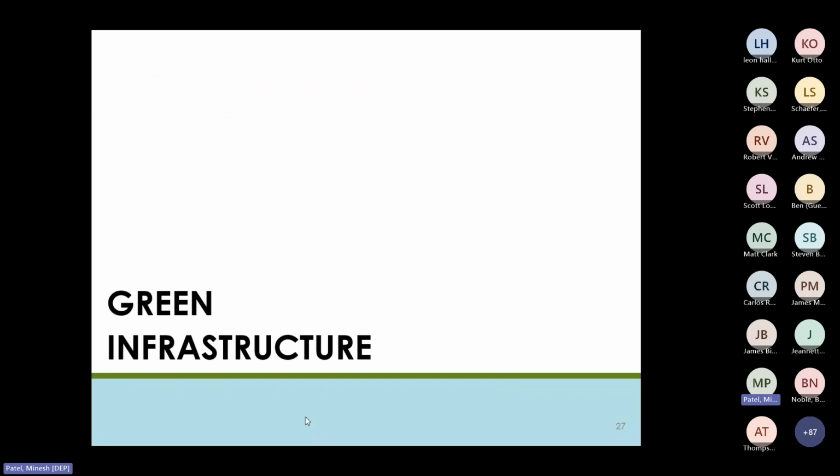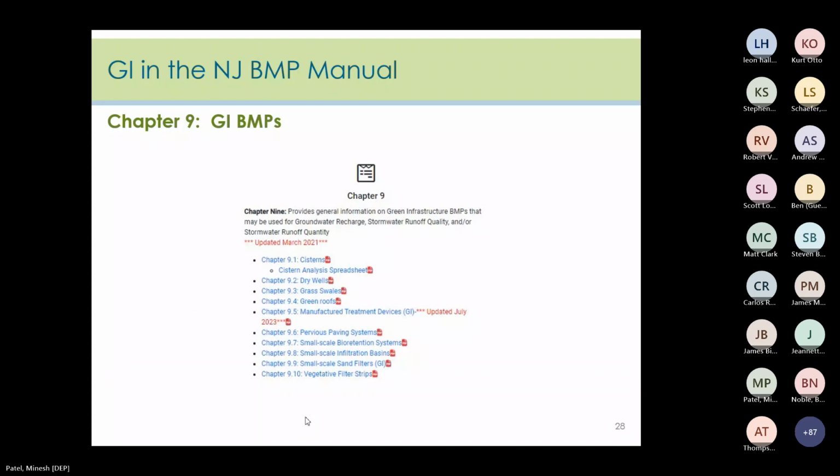So moving on, the next thing the reviewer should be looking at is if the applicant is meeting the design and performance standards using green infrastructure. The rules do require that the design and performance standards are to be met using green infrastructure. The rules require that GI BMPs be used to address the requirements for groundwater recharge, stormwater runoff quantity control, and stormwater